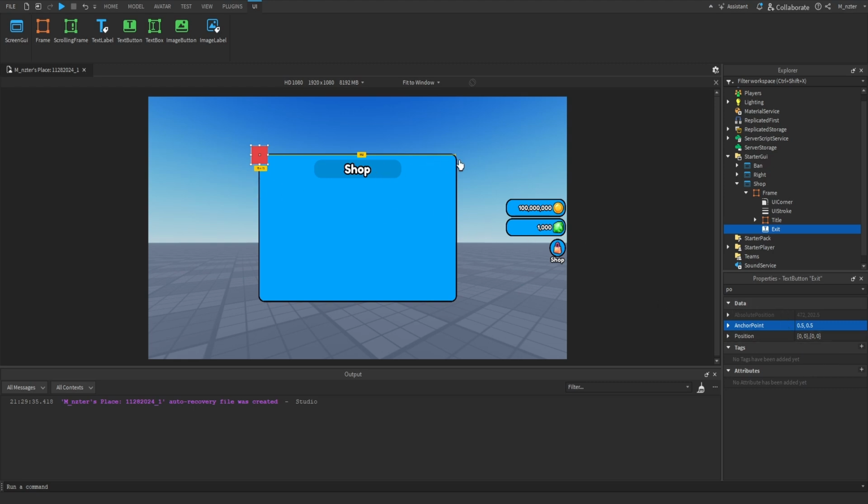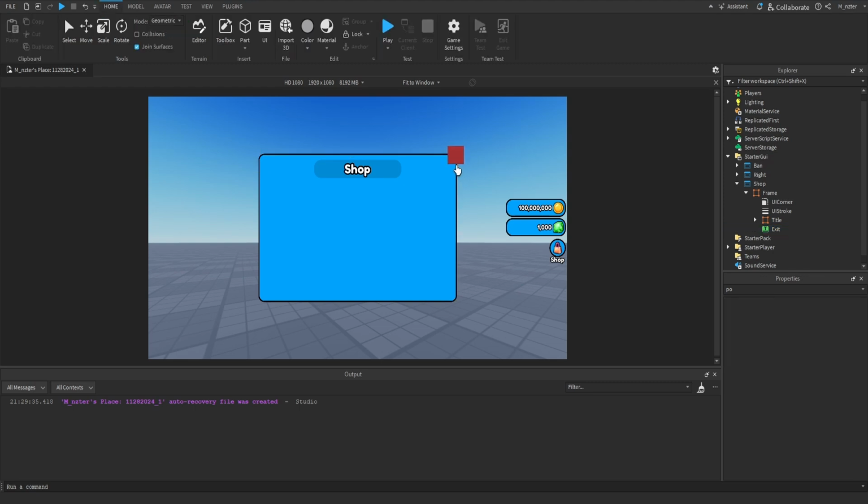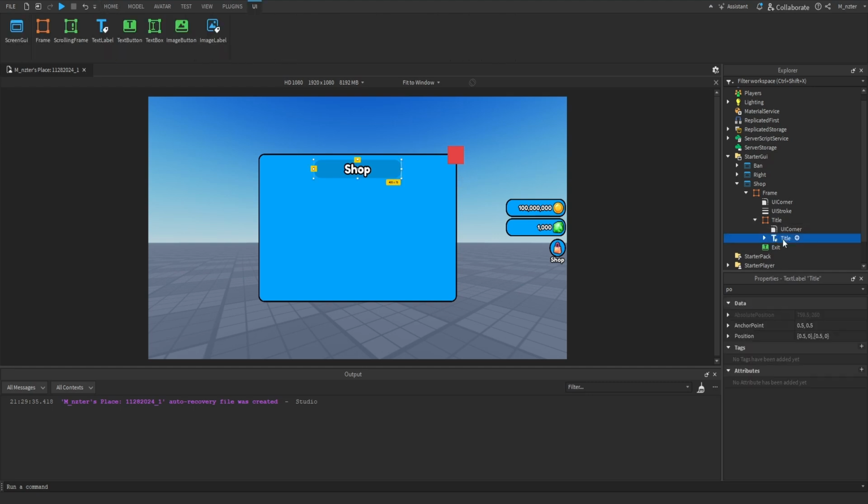But we want this to appear at the top right-hand corner. So what we're going to do is only adjust the X scale and set that to 1. And now it's appearing at the exact top right-hand corner of our UI. Then what I'm going to do is just duplicate the title text label from our title frame, drag that inside